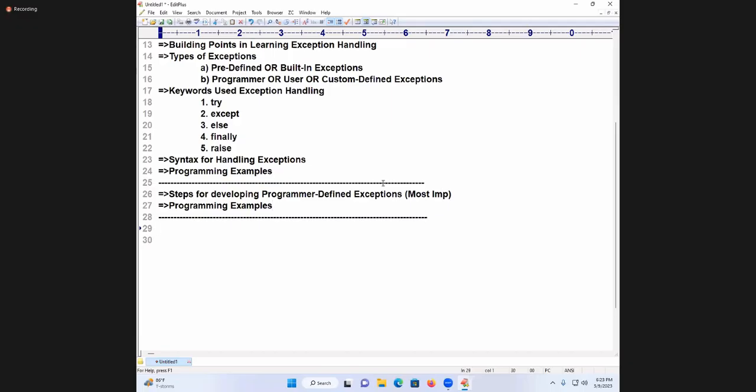Next I'm talking about one more thing: implementation of ATM related operations. That is nothing but a case study. In my class it is just a case study. In some other classes they will call it a project.